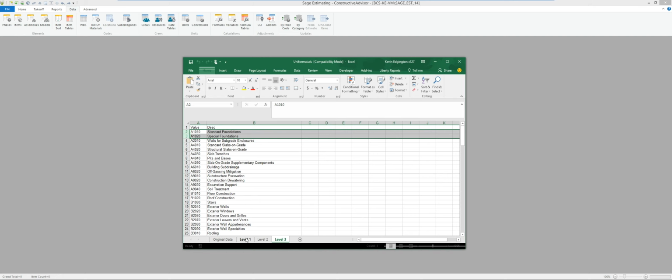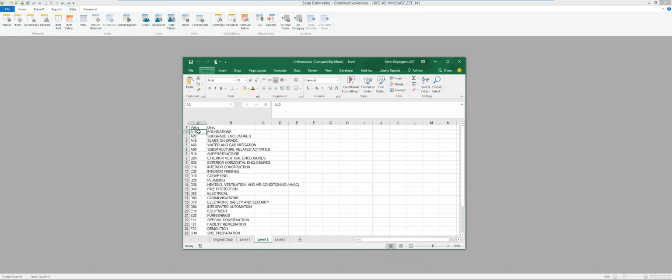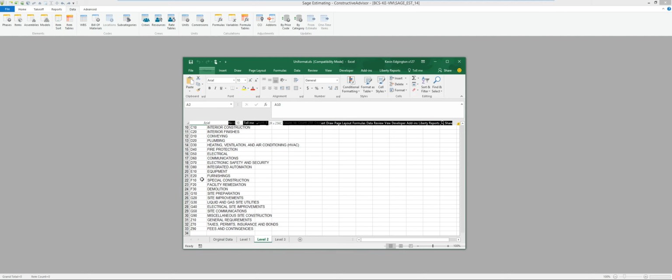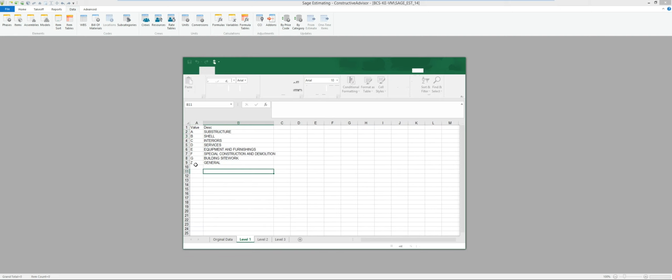The first thing I want to take a look at is my structure. In my case, I want my level 1 to be 1 character, my level 2 to be 3 characters so that it fits all 3 of their values in the second level, and then their third level looks like about 5. The reason I like to put it in at the exact limit is that if someone types in something outside the number of characters, it would at least let them know they've made an error. So sometimes it's nice to keep them limited to it, though there's no real problem with keeping it at the full size either.